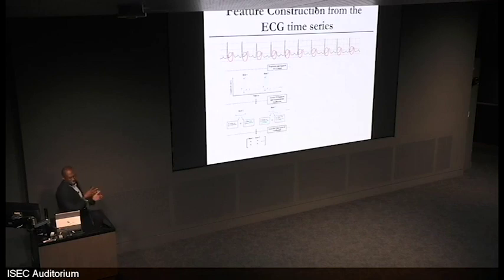There are many different types of things that you can use to expand. This is just samples representing a particular curve. The type of function isn't horribly important. But we can expand this into, let's say, 16 different coefficients. And let's just take a look at the first two for a minute. The first corresponds to the height of the ST segment, the average value. And the second coefficient corresponds to the slope. So here, this is the slope, and this is the ST segment, the average value. And here, this slopes down, so the average value is lower, and the slope is as such.